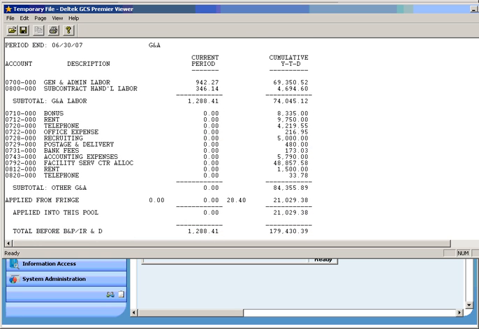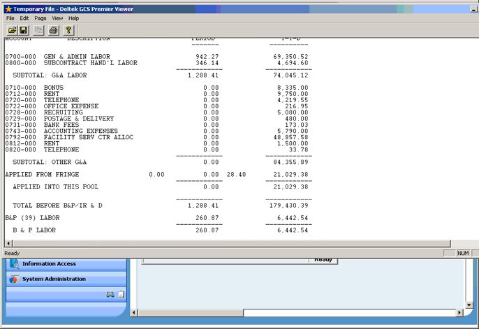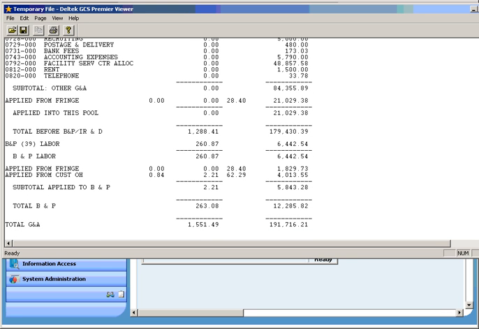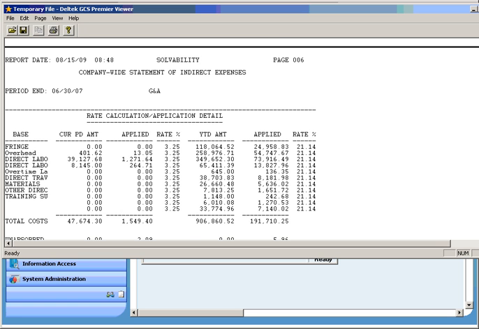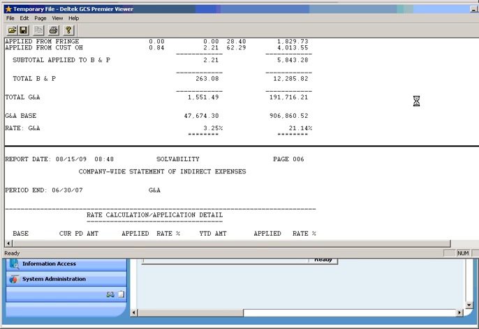G&A is going to be my general administrative cost plus Fringe on G&A labor, my other G&A labor like professional fees, bank charges, and so forth, plus the Fringe on bid and proposal labor, and it's going to come up for me with a total G&A rate. In this case, it calculated 21.14%. G&A normally is going to run, depending on your company size and what you've got going on,